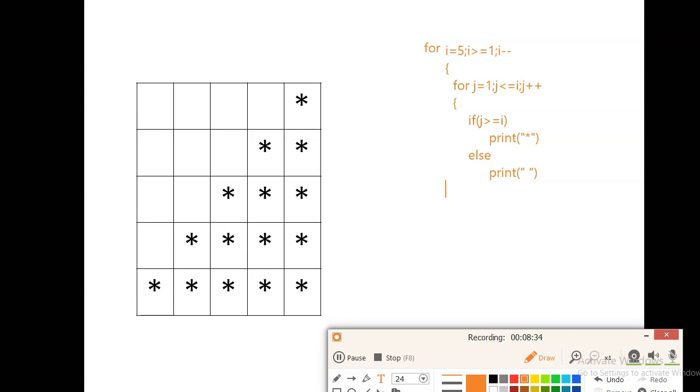Close the bracket. After the inner for loop, we are going to the next line.